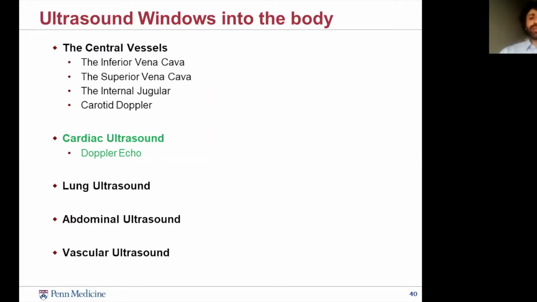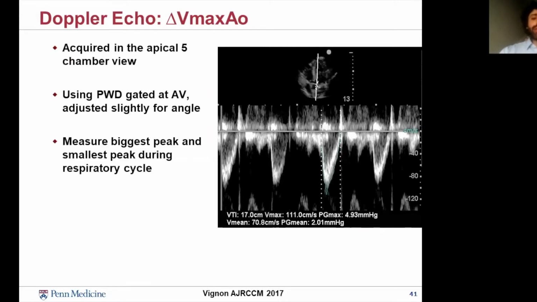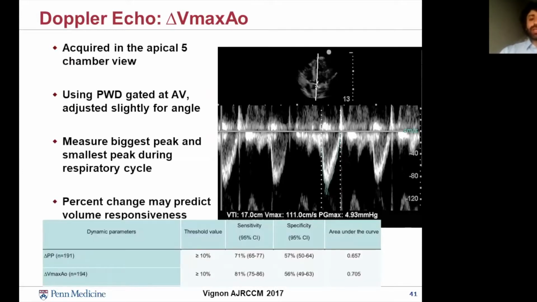I also want to touch on some advanced ultrasonic techniques, specifically Doppler. By using spectral Doppler, you can measure the blood flow moving through the aortic valve. This is typically done in the apical 5-chamber view. And if you gate your pulse wave Doppler at the aortic valve, adjust it slightly for angle, and you measure the biggest peak and smallest peak during the respiratory cycle, you can see how much variability there is in cardiac